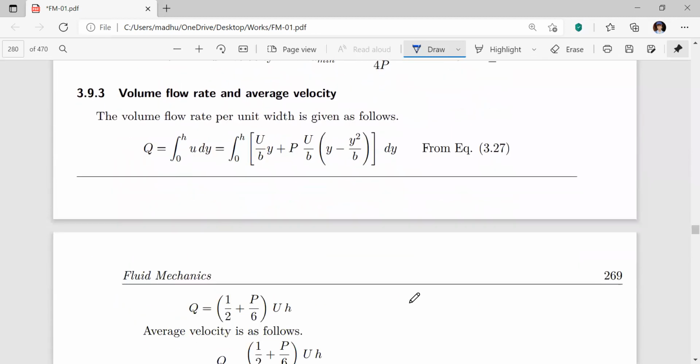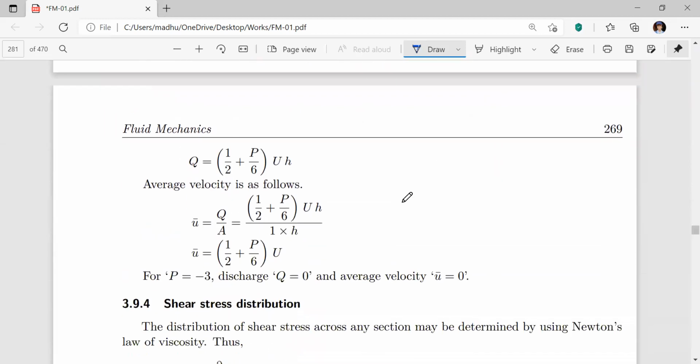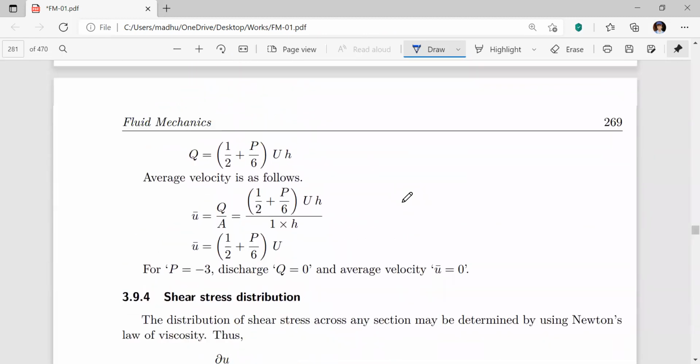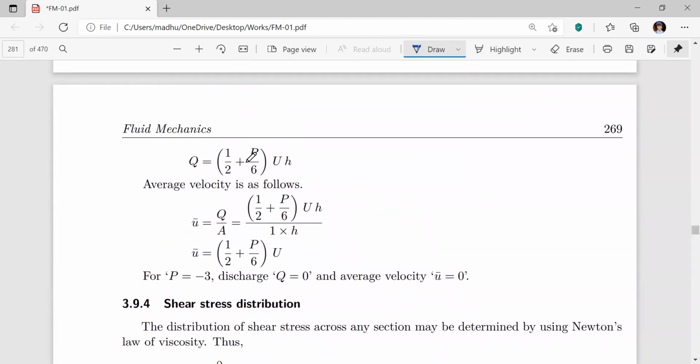Now we have to derive the volume flow rate. For fluids, we generally calculate volume flow rate. So Q is equal to the integration from 0 to H of U into dy, where the U expression is substituted from the above velocity distribution equation. After integration with the limits, finally we will get Q as (1 by 2 plus P by 6) into UH,